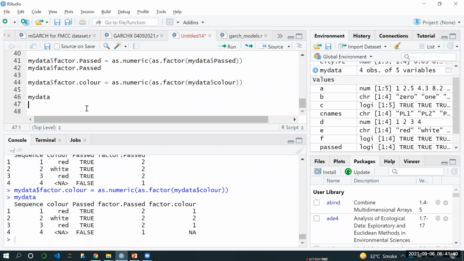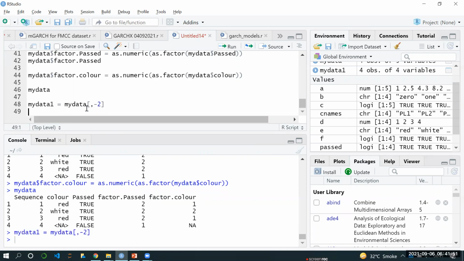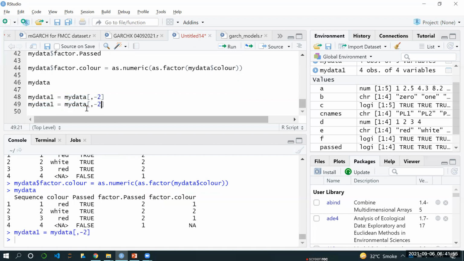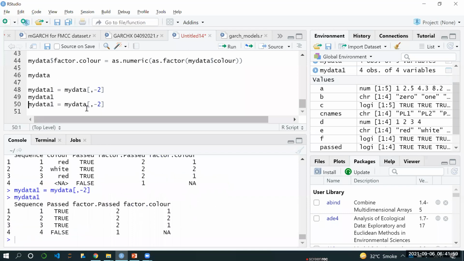Then we can remove the actual column. So I create a new data frame and I say I don't need the third column, second column. Suppose I'm just showing you one by one, and then I see this. So the second column, which was color, is gone. And then I say I again don't want the second column, which is passed. Then I see the